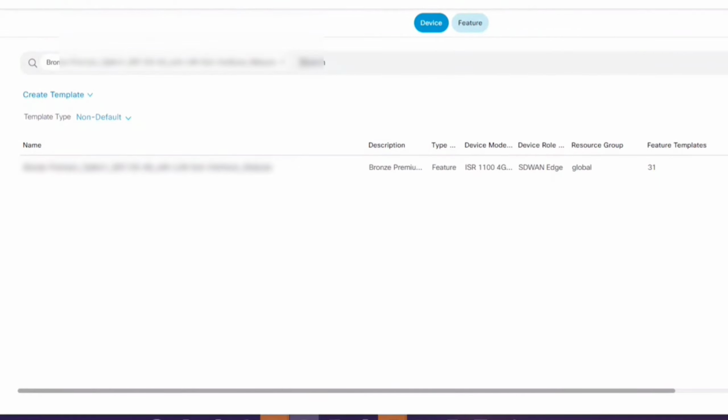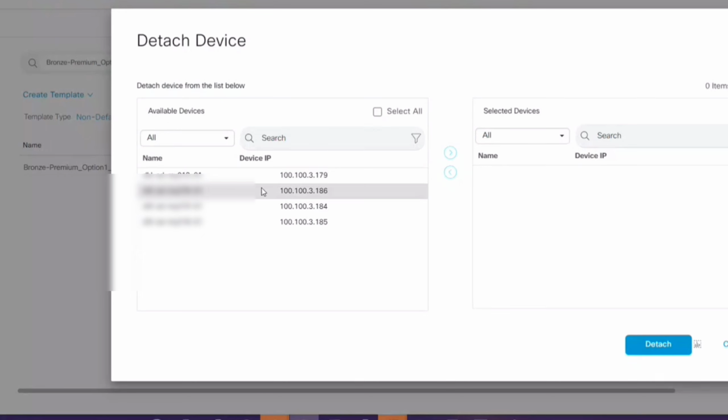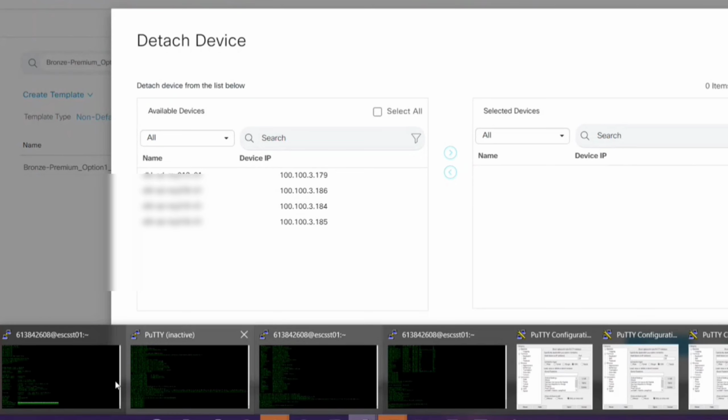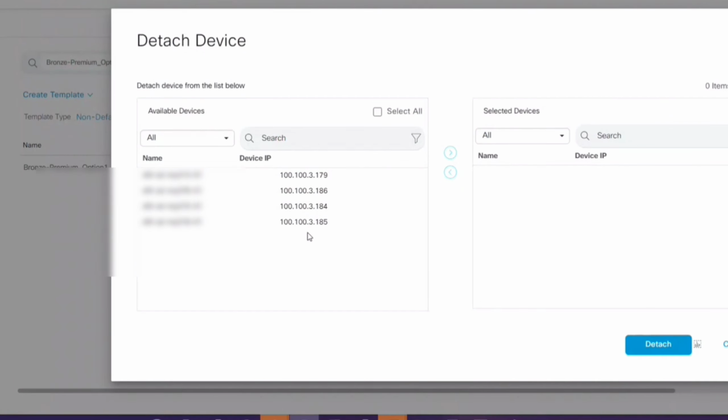I have clicked here on the three dots. Now I want to convert this device to CLI mode, so I will quickly click on detach device. Now it is showing how many devices are attached with this particular template. It will automatically show you. Anyway, you need to verify it again from the device. Copy the device name or host name, either the system name or system IP, and then paste here, hit enter,